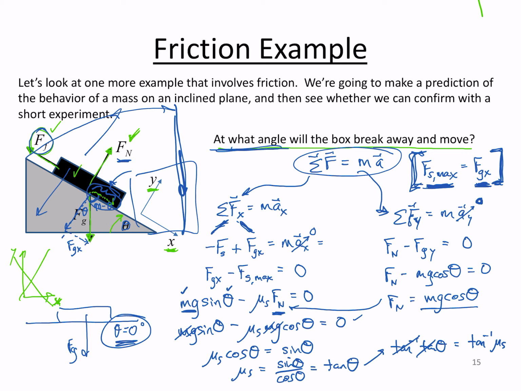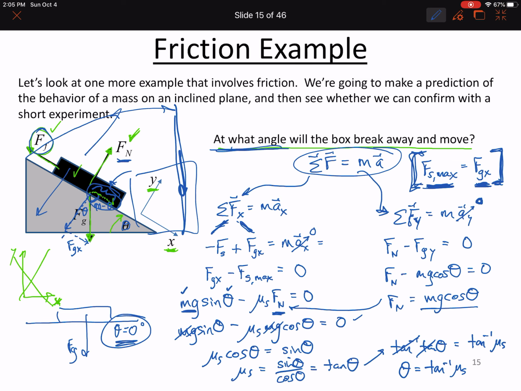That, taking the inverse of a tangent just gives you back theta. And so theta is equal to the arctangent, or inverse tangent, of the static coefficient. Remember, that's the thing that is characterized by the surfaces in contact. And this is interesting. What this is telling us is that